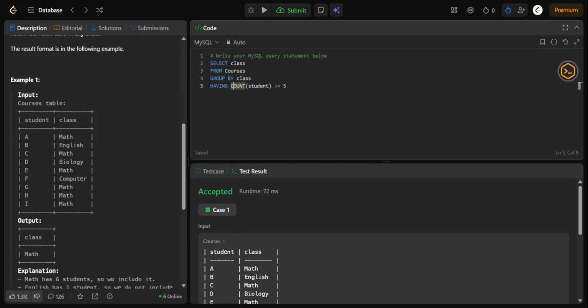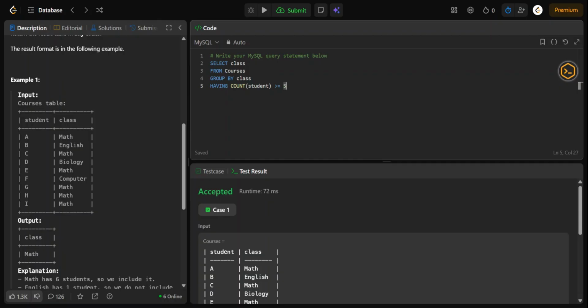So math is greater than or equal to 5. Yes, condition true, so we keep it in the final table. English only has one student, so we didn't add English to our final output. Biology and computer will not be added either. Only math will be added to the final answer because it's greater than or equal to 5.